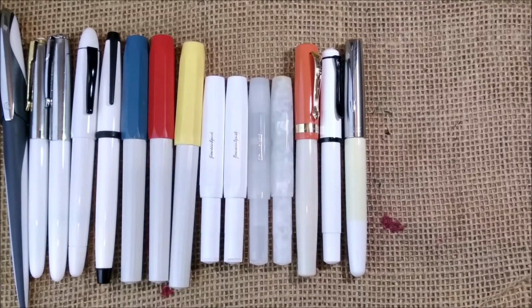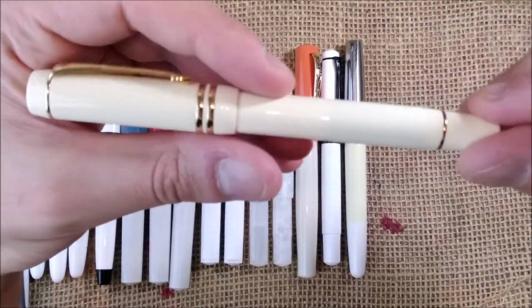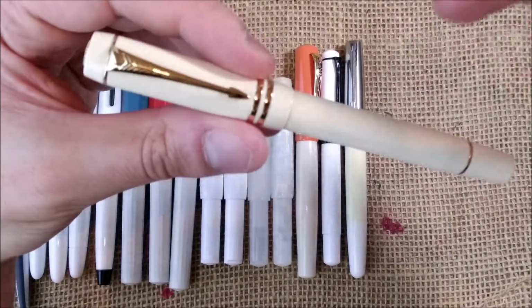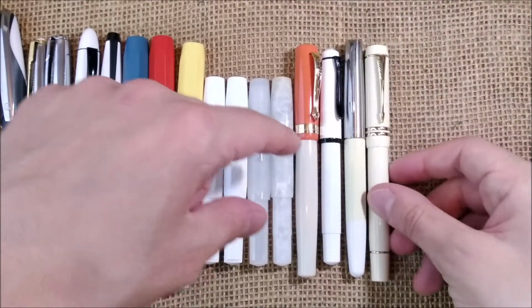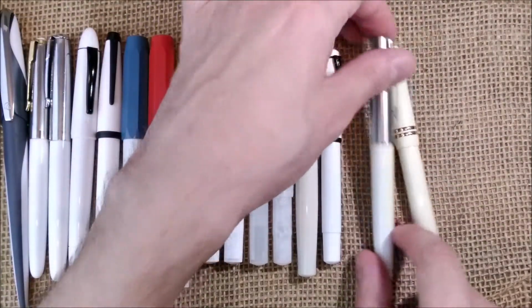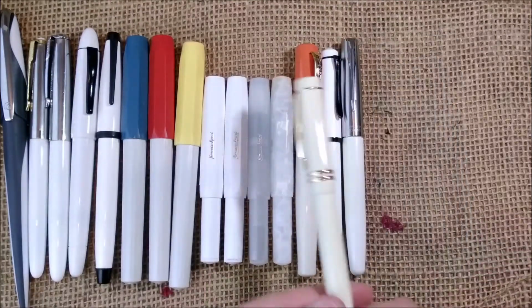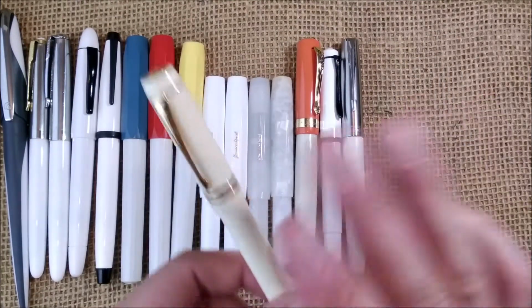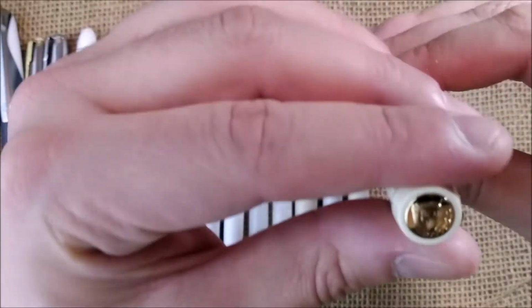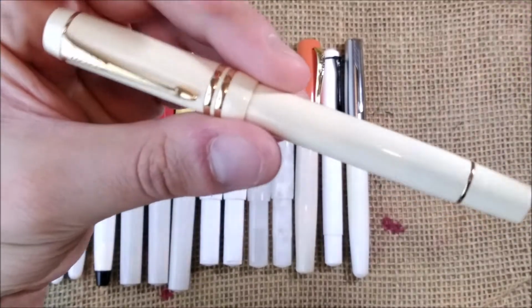And let's go for the last three pens. One of those is this pen. This is also with that ivory color. This is not a good comparison. Let me rotate to have the whiter part there. But if you compare with the Kaweco, it's the same shade of white. I'm not sure if you will be able to see it on camera. But this is the Parker International Duofold